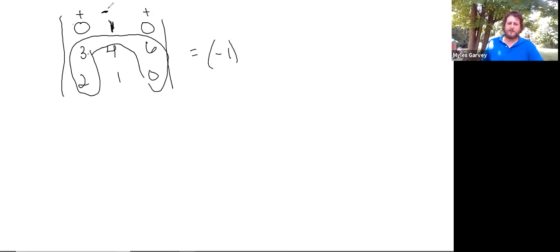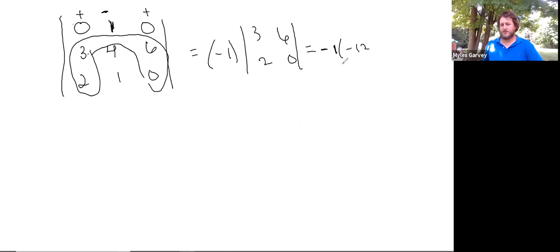plus minus 1 times the determinant of 3, 2, 6, 0. And that boils down to minus 1 times 3 times 0 is 0, minus 6 times 2 is 12. So we're left with 12. Let's check our work, though, because we should get the same result using this as the